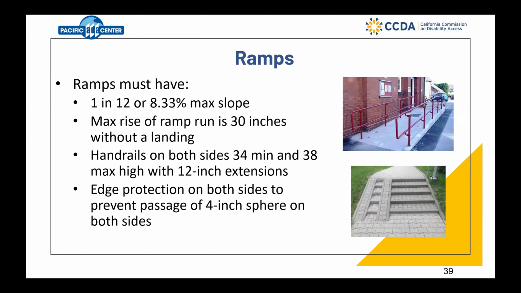Ramps need handrails on both sides that are 34 inches to 38 inches high, 34 inches minimum, 38 inches maximum high. And they need to have 12-inch extensions on the top and the bottom so that they curve around instead of ending in just a pole. And there needs to be edge protection on both sides of the ramp so that it prevents the passage of a wheelchair caster or a walker caster from going underneath that